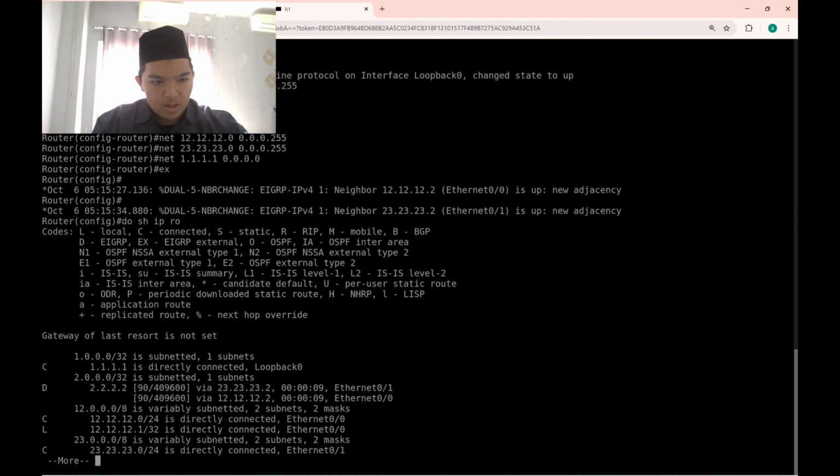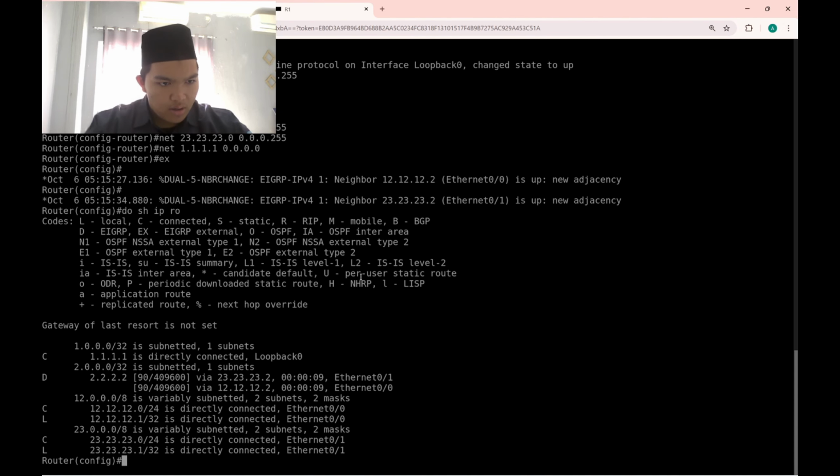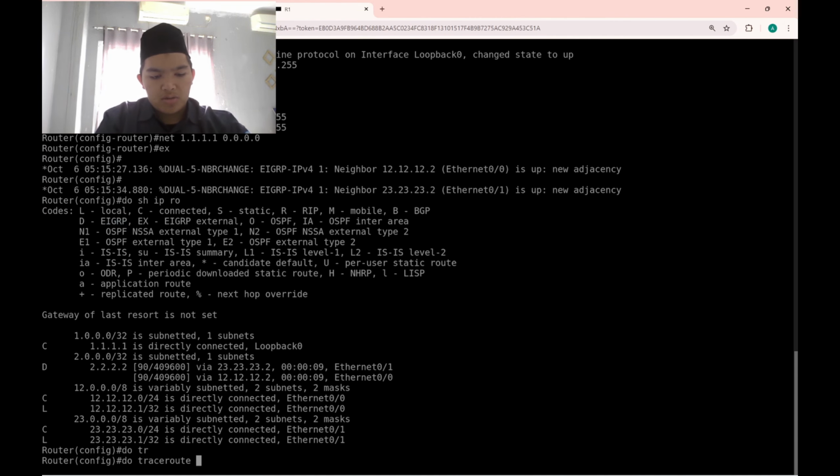Okay, first we're gonna see in the routing table whether the configuration is right or not. Okay, there is origin D in the routing table, so it means it's EIGRP. So the EIGRP is successfully created, and then we're gonna see the path that router 1 will use to reach router 2. Do traceroute. It's like a ping, but it will show the path that the router uses. Traceroute to the IP loopback of router 2.